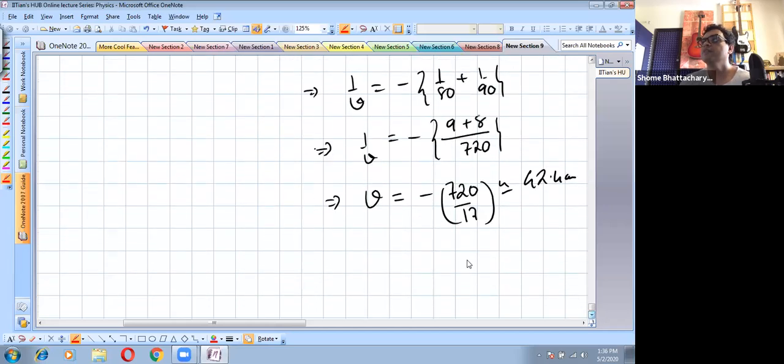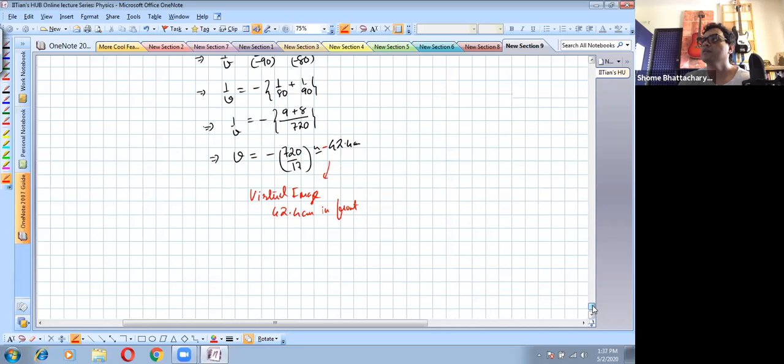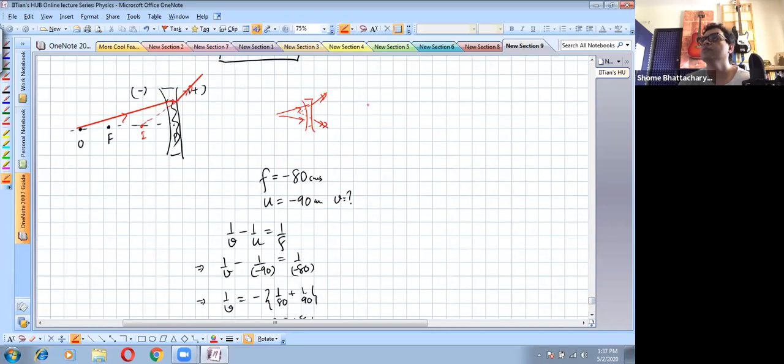So you can see that you are getting a virtual image, minus 42.4 centimeters in front. What it also means is that if you're viewing from the other side, this object will appear to be here. So this virtual image concept also means that if this was the object and this is where the image is, an observer like this will actually be able to view this. So this observer actually sees the object to be at the virtual point